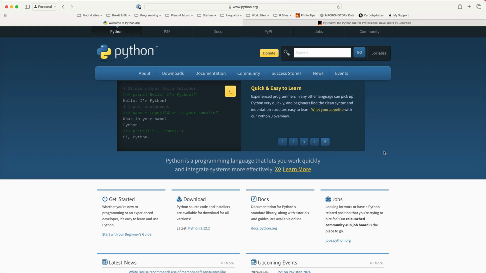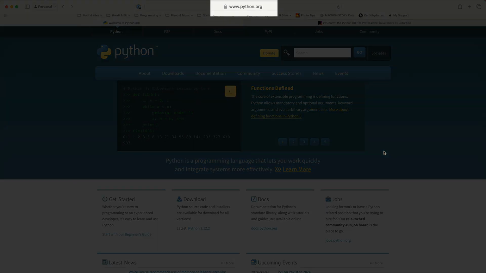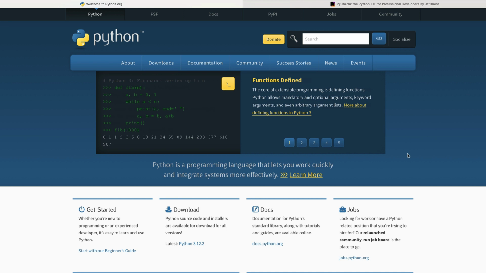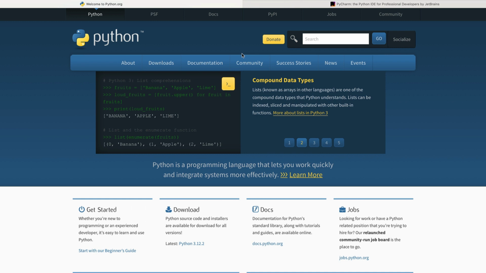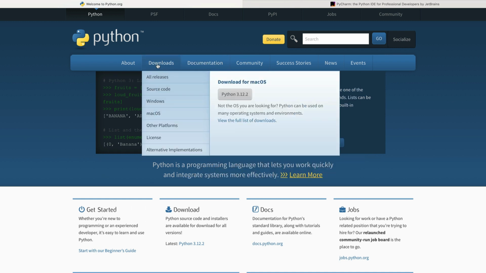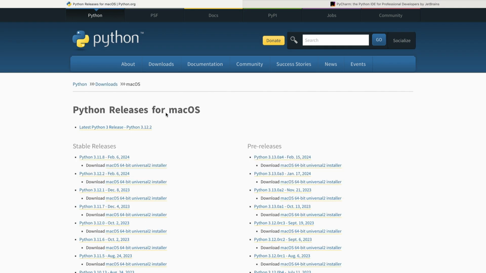So the first thing to do is to go to python.org, the official Python website, to download the installer for your computer. So here we are on python.org. You can see if you go to downloads here, it will probably recognize whether you're on a Mac or on a PC, a Mac in my case, and you can simply click on here. If not, you could click here for your particular platform, for example Mac here, and you want the latest Python 3 release, which is